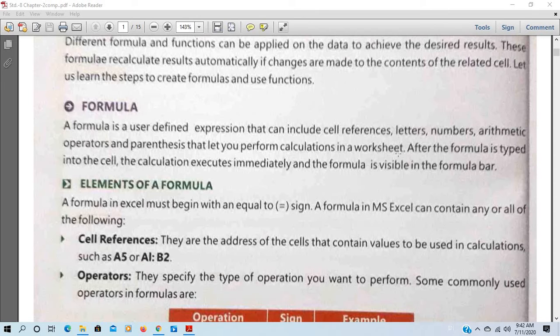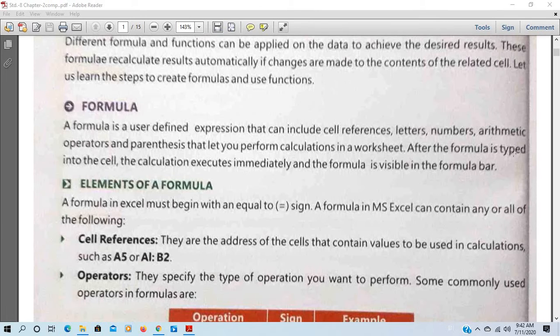So formula is a combination of these things, and it is used to perform calculation in the worksheet. This is the definition. You can write, and you can write in your own word also.